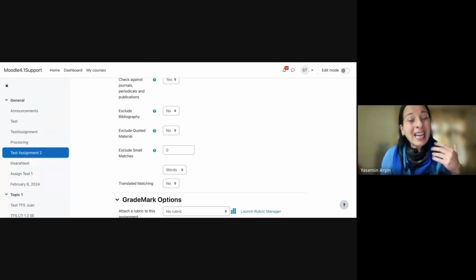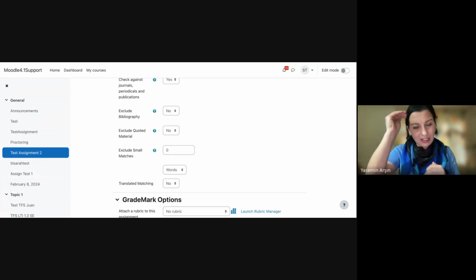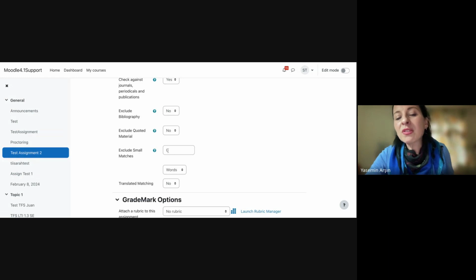Maybe there are some statements, they are not plagiarized, but they increase the similarity percentage. So you can exclude small matches. I don't recommend it for short student assignments, done on a regular basis, maybe weekly, monthly, or quarterly, for example. So the third filter, many times you will not need to use it, honestly.